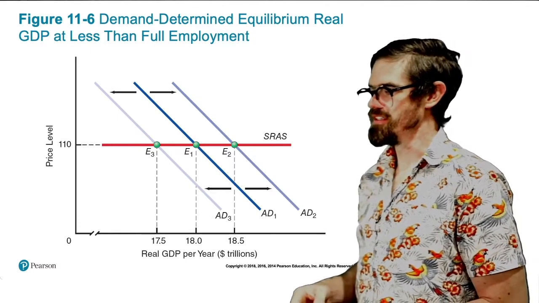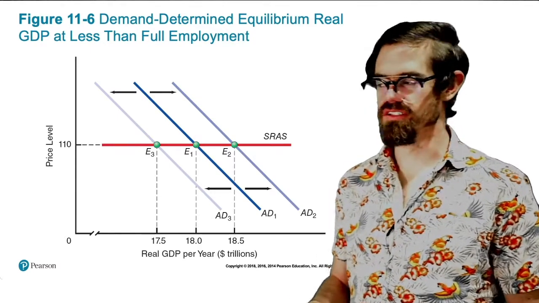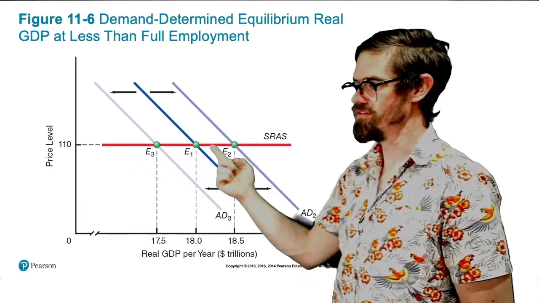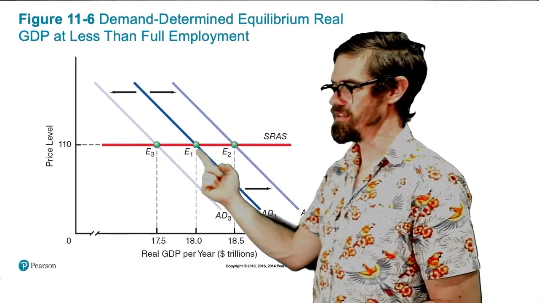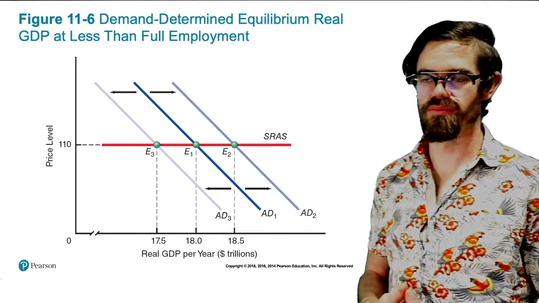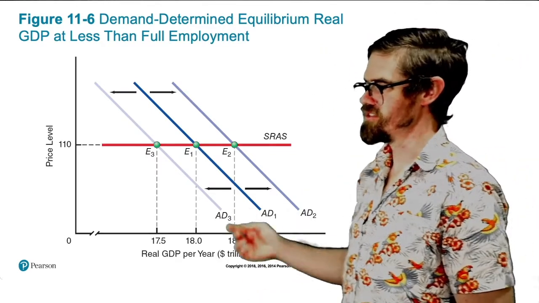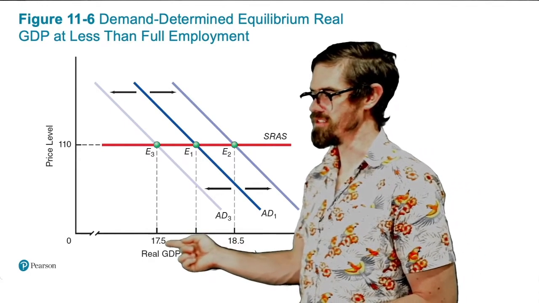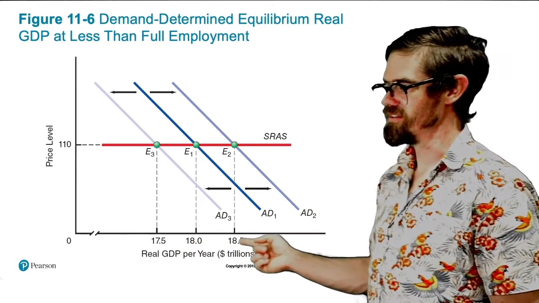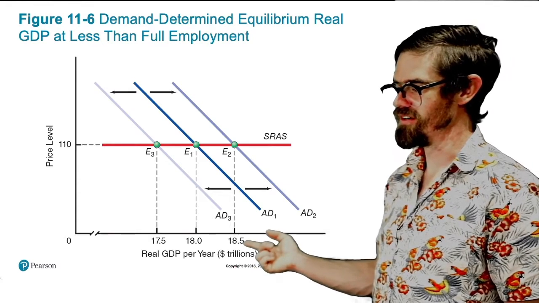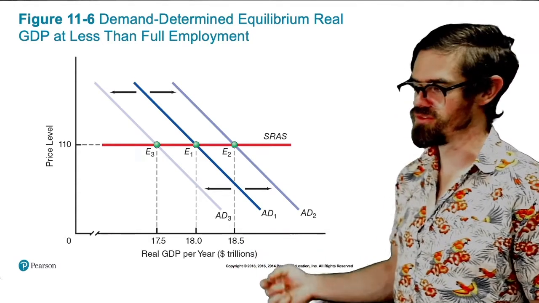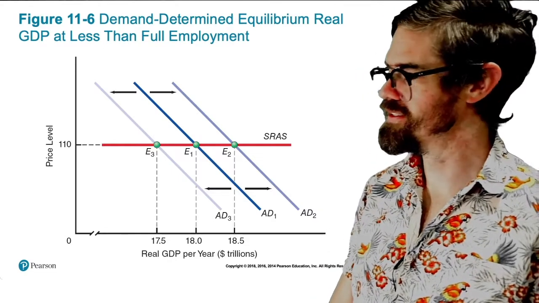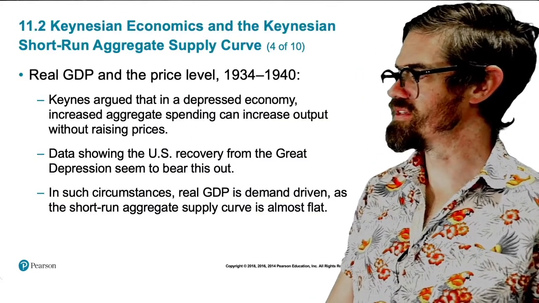Okay, and so basically the idea is that prices are perfectly sticky, right? The price level does not change when we have increases in aggregate demand and decreases in aggregate demand. The only thing that changes is output. So here we have underutilized resources, and then here we have, I guess you could think of it as overutilized resources, although we don't really think of it that way. But that's basically what we've got.